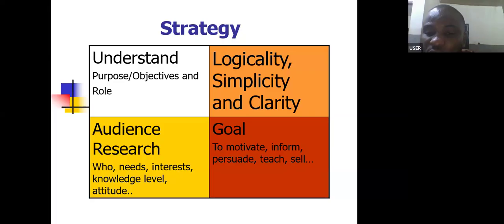The last one is the goal. Your goal is to what? Motivate, to inform, to teach. At every time you're doing a presentation, please put this at the back of your heart. My goal is to motivate. My goal is to inform. My goal is to persuade. My goal is to teach. And my goal is to sell. If you're giving an academic presentation, you know you have to